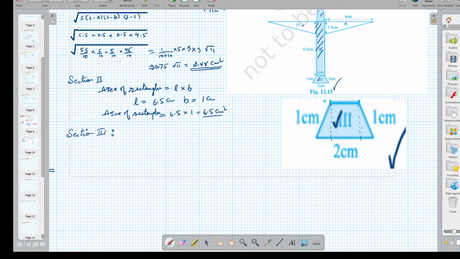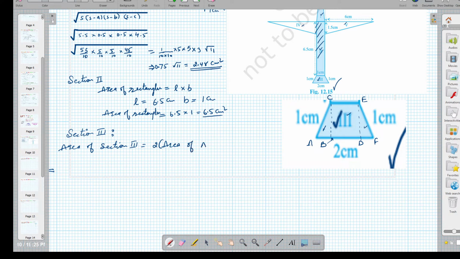So it means the area of this is divided into three portions: two triangular portions and one rectangular portion. These two triangles are the same. We can write A, B, this point is B, this is C, this is D, this is E, and this is A. So these are the sides we have. We can find out the area of section 3, that is equal to 2 times, because both triangles are identical.